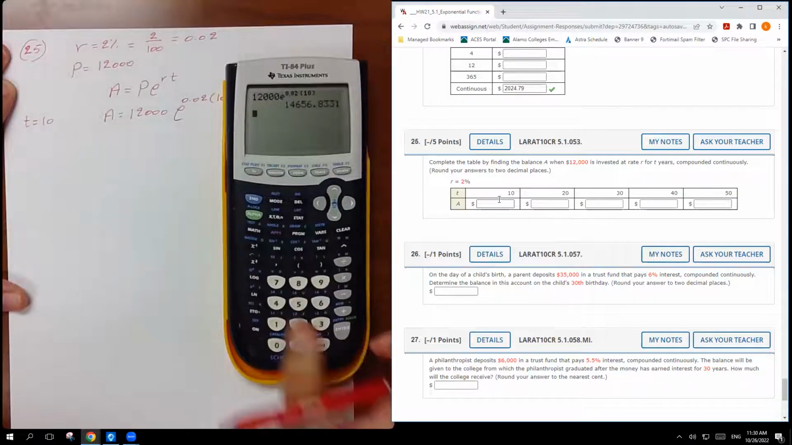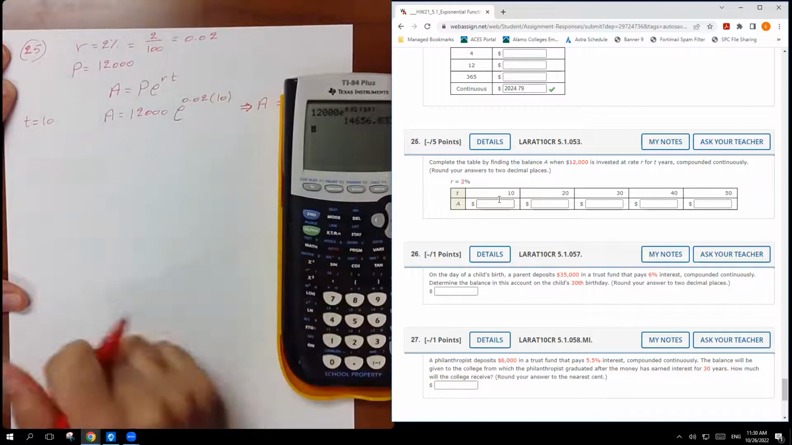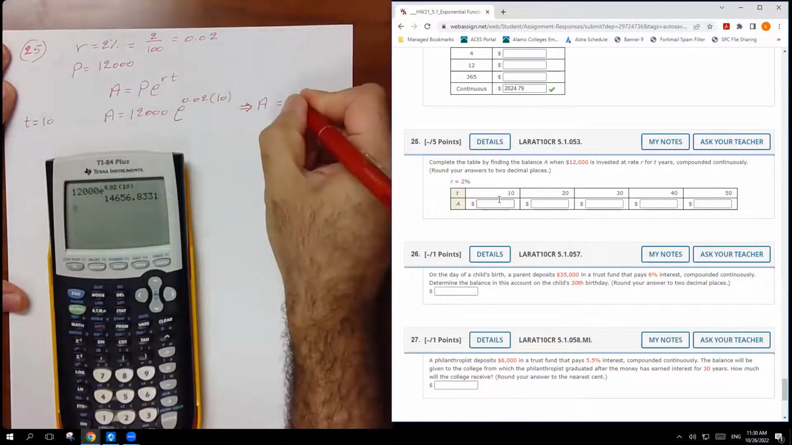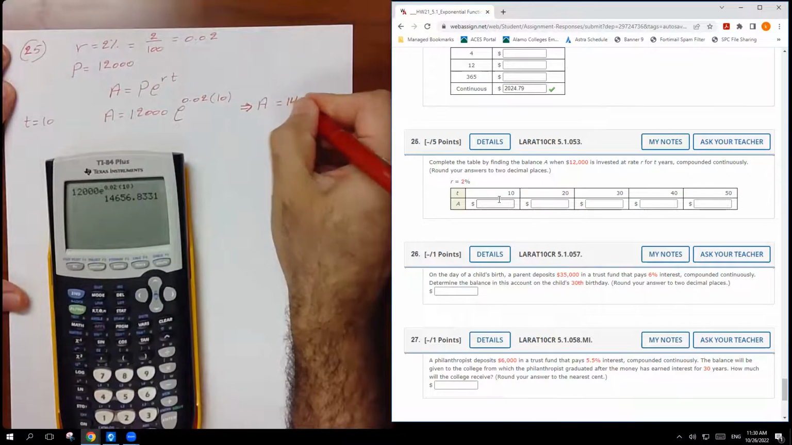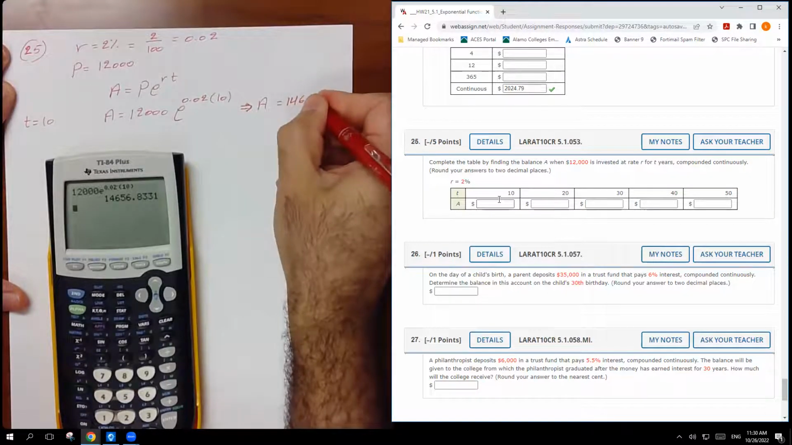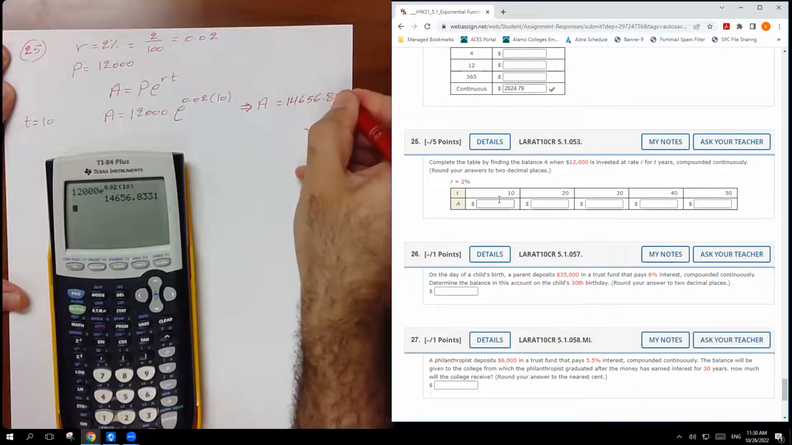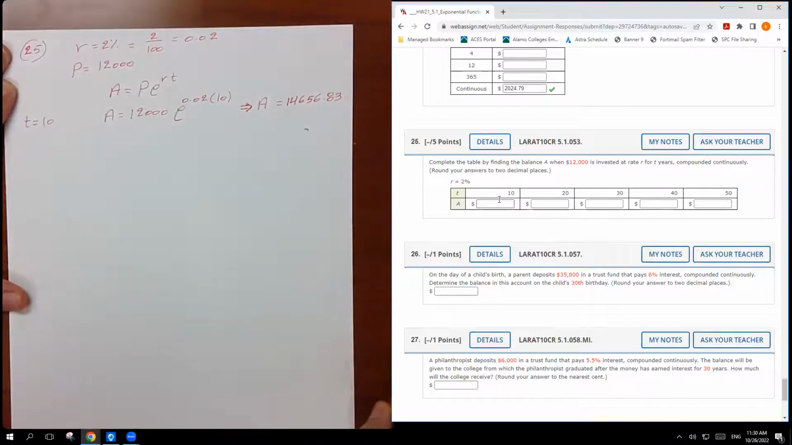So it's going to be 14,656.83. How many cents? 83 cents. So this is the first value here. It's going to be 14,656.83. When t is 20,